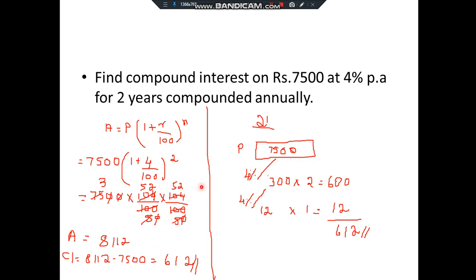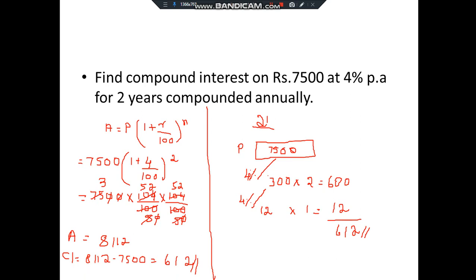You can even go with successive percentage because it is 2 years. If you go with successive percentage, you'll use the formula x plus y plus xy by 100, where x and y you will substitute the value as 4. So 4 plus 4 plus 4 into 4 by 100, which is 0.16, you will get 8.16. Sorry, 8 plus 0.16 gives 8.16 percent. If you find that percent of 7,500, you will get the compound interest. But since it is decimal, I have chosen the 2-1 method. So you remember the 2-1 method. Those who did not watch the previous video, do watch and come here, because based on that only we are solving these problems.